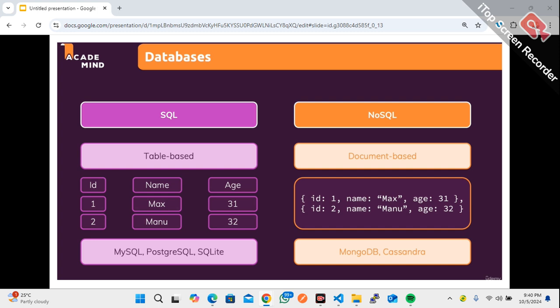There are two approaches to use database. The first approach is SQL, and the other approach is NoSQL. You agree with me that SQL